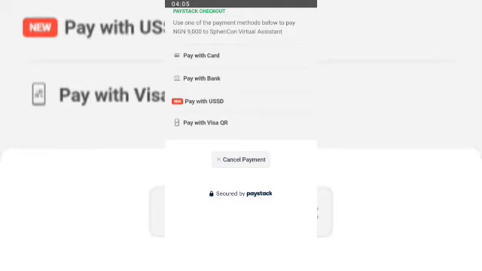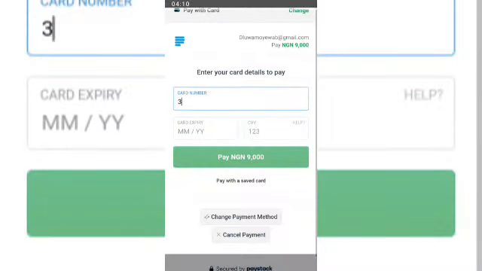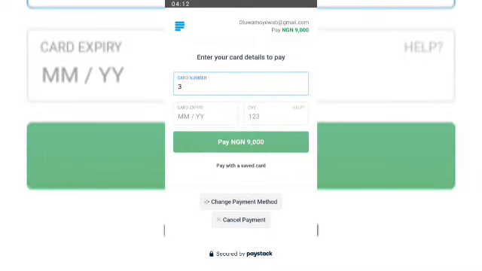Okay, pay with card. That means you are paying with your ATM card. So the customer inputs all the ATM card details, the expiry date, the CVC, and pays the total amount for the purchase he or she has made. And from there, you receive the alert that the customer has paid, and you also receive the description of what the customer has paid for. The customer at his own end will receive the invoice of everything he has ordered and paid for. The customer will also receive your WhatsApp phone number, so that he can speak with you directly on when you are bringing the product and the likes.